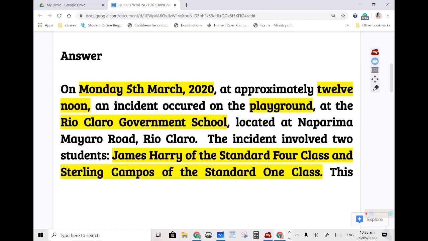Okay, so whatever is the name of your school, or a school that you can simulate, meaning make up a name, it should be a full name. I also had included here, located at Naparima Mayaro Road, Rio Claro. And I would encourage students to try to include some sort of address as well in report writing, because it